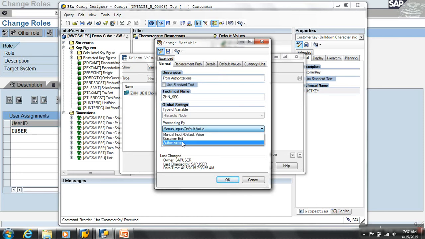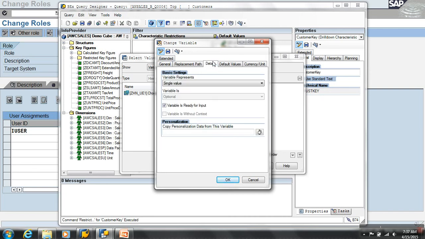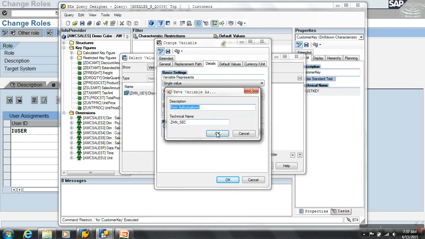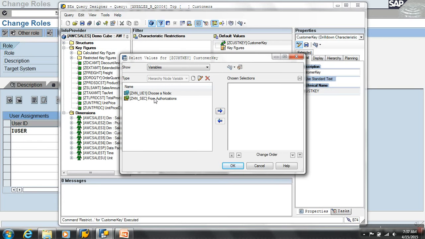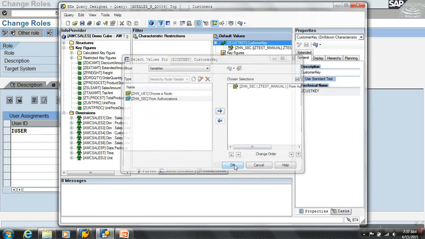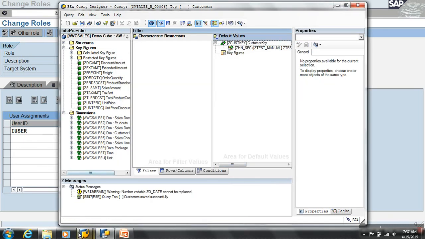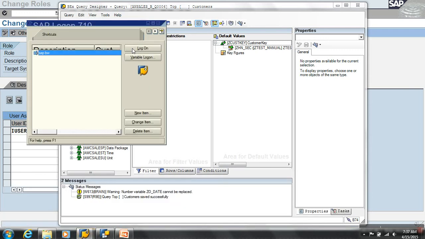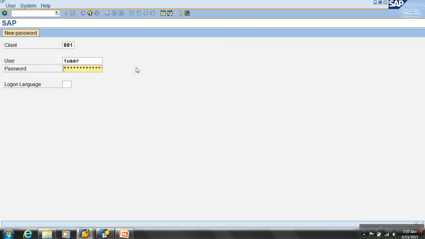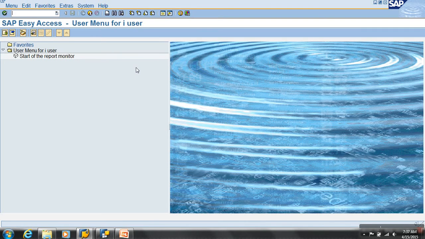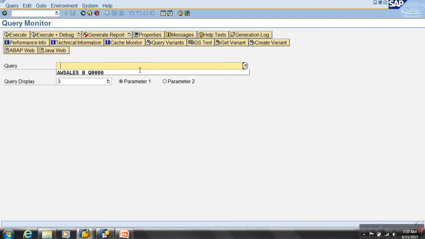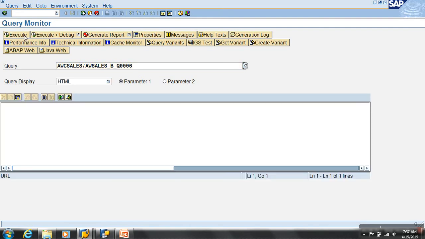What is the processing type now? Authorizations, customer key, details, single value, all fine. So now let the other user run it. I user. RSRT. Let him run this query.